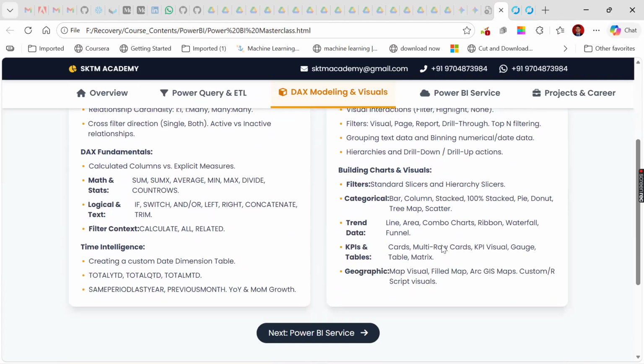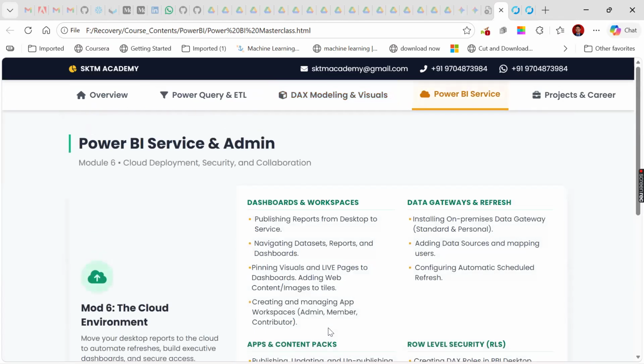And after that we move to the next topic, which is Power BI Service and Admin.